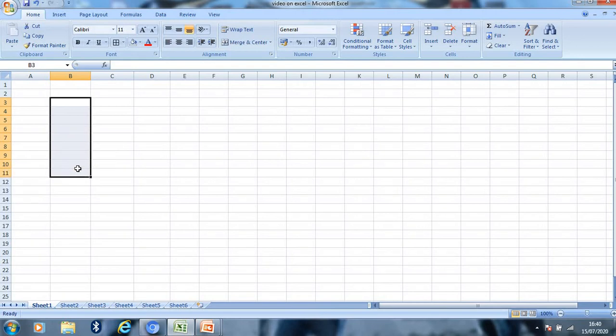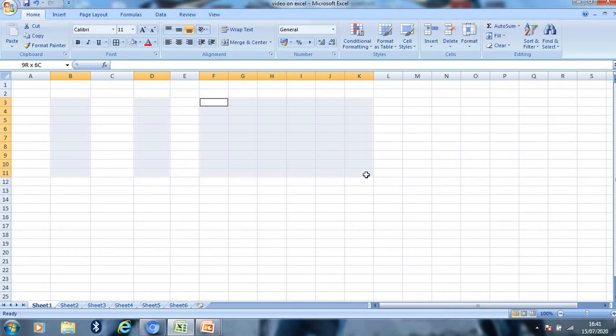After that, press the control button on your keyboard and then select the next contiguous range, like this. Press the control button and then you can select the next contiguous range.